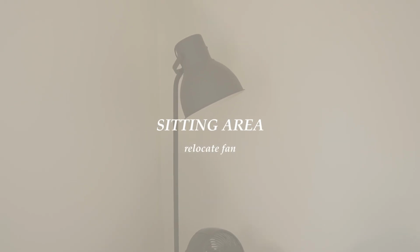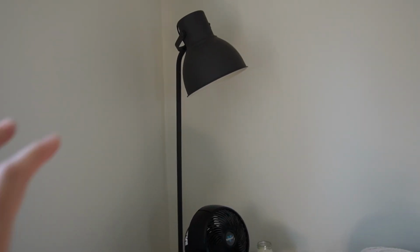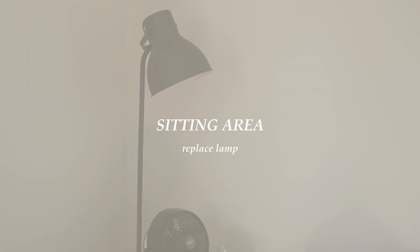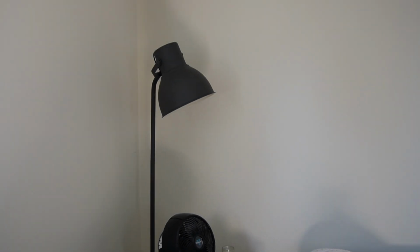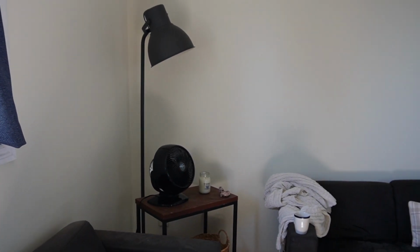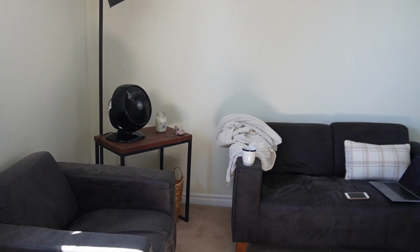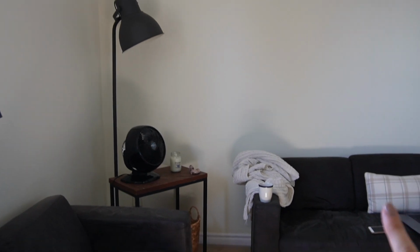I would love to find a different lamp to replace here. I think I will actually try and sell this one. It's just kind of dark and kind of draws your eye in, and I would love to find a lamp that is more soft, that just makes it feel more cozy. So I think that's a great place to start for this corner, to find some different chairs, replace this little